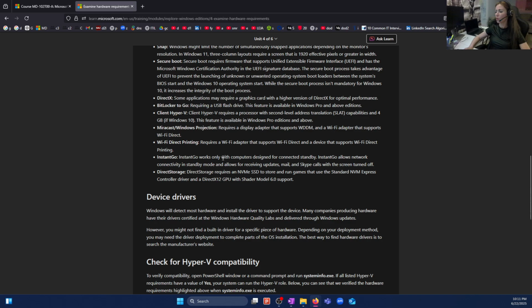Instant Go works only with computers designed for connected standby. Instant Go allows network connectivity in standby mode and allows for receiving updates, mail, and Skype calls with the screen turned off. Direct storage requires a non-volatile memory SSD to store and run games that use the standard non-volatile memory